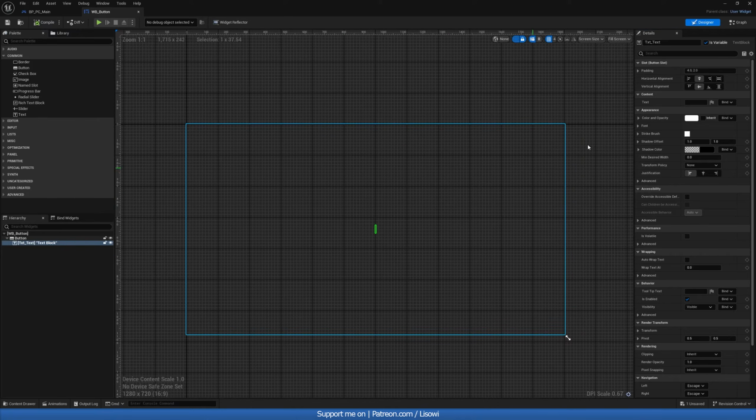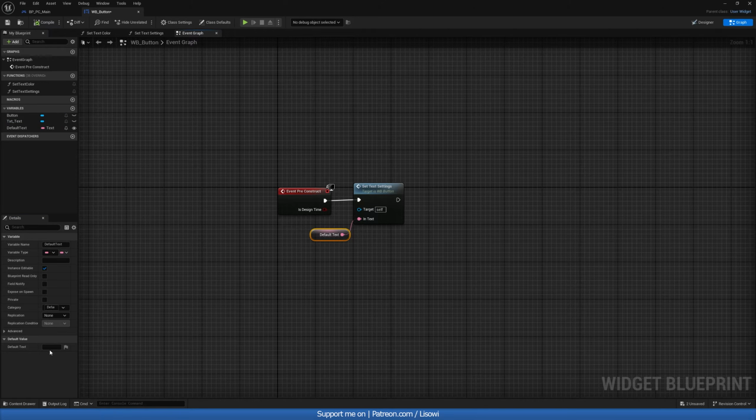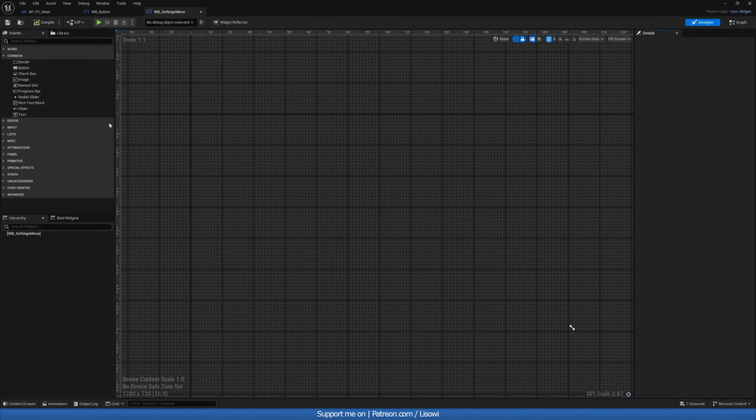So right now we have text and we can say text here. But if I compile, it's gonna go blank because our text doesn't actually have anything inside. So we'll type text here, like so. Compile, save that. And if we were to open up our settings menu, and let's say we'll do a canvas